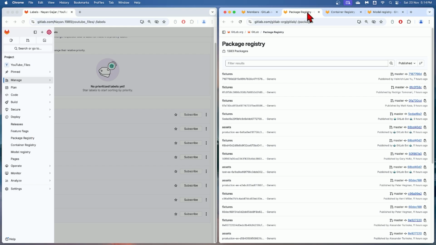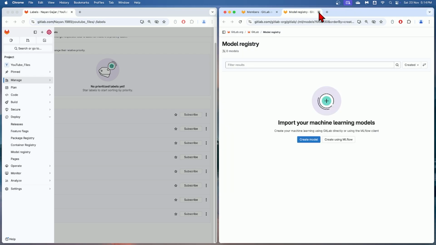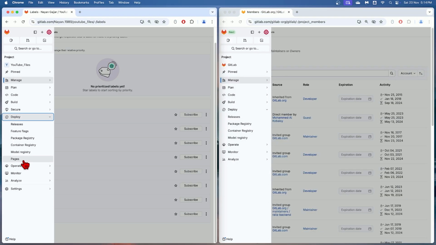Package registry is the place to store and manage software packages like libraries or dependencies needed by the project. Container registry, a place to store Docker images, pre-packaged application environments for easy deployment across systems. Model registry stores machine learning models, allowing you to version, track, and manage the deployment of models over time. GitLab Pages is a feature that lets you host static websites directly from your GitLab repository, useful for sharing documentation